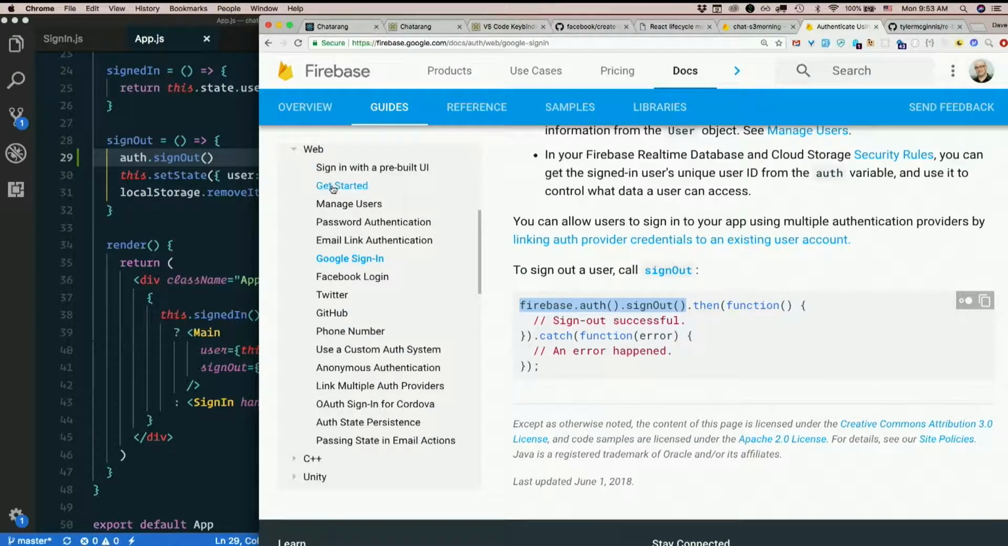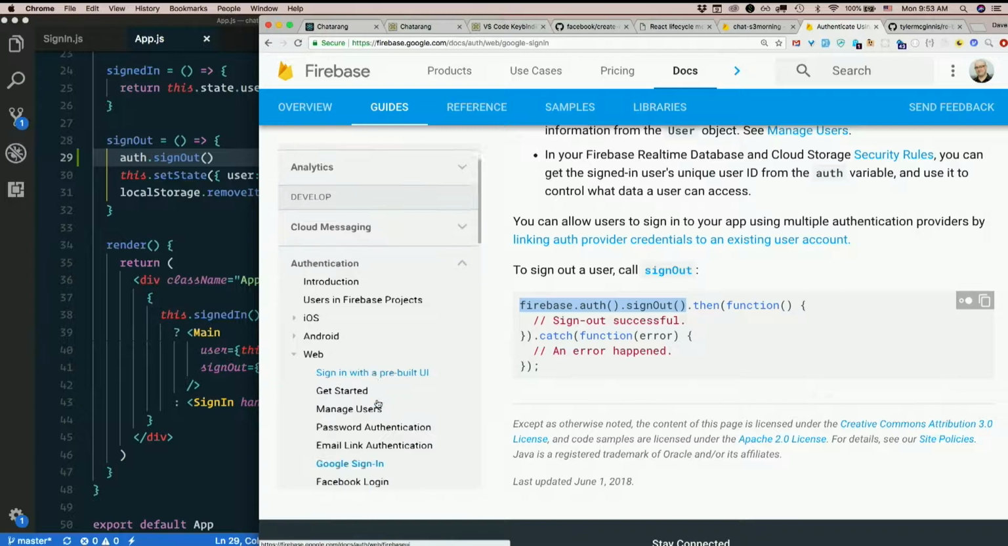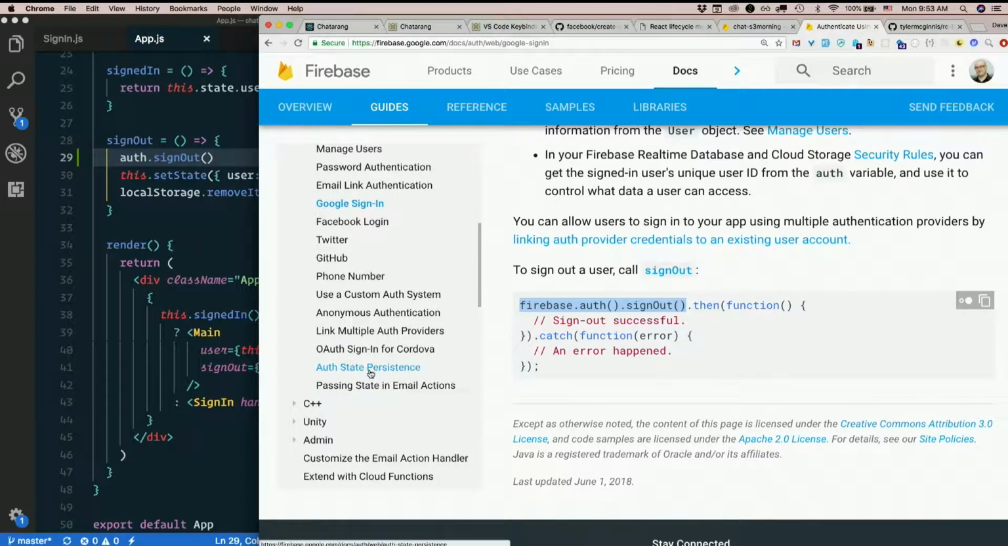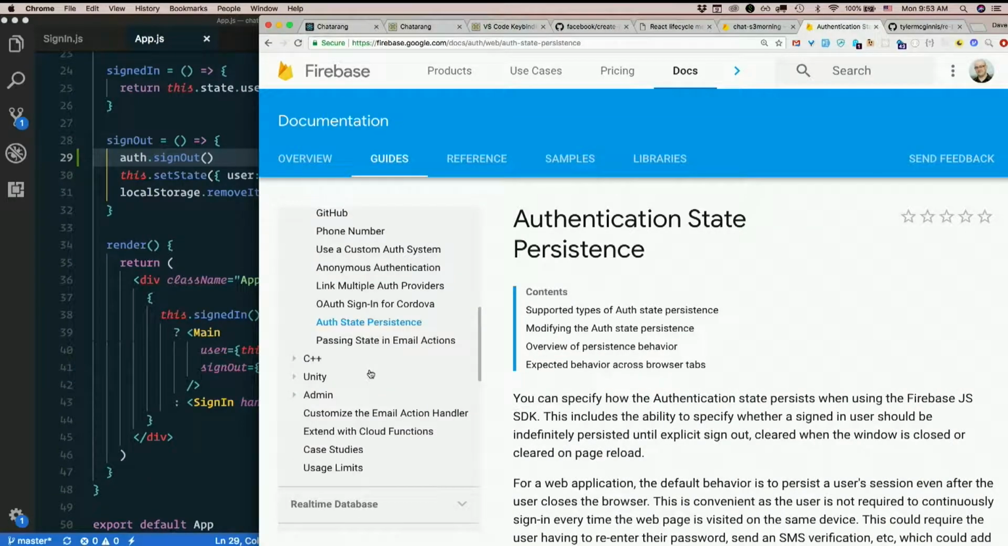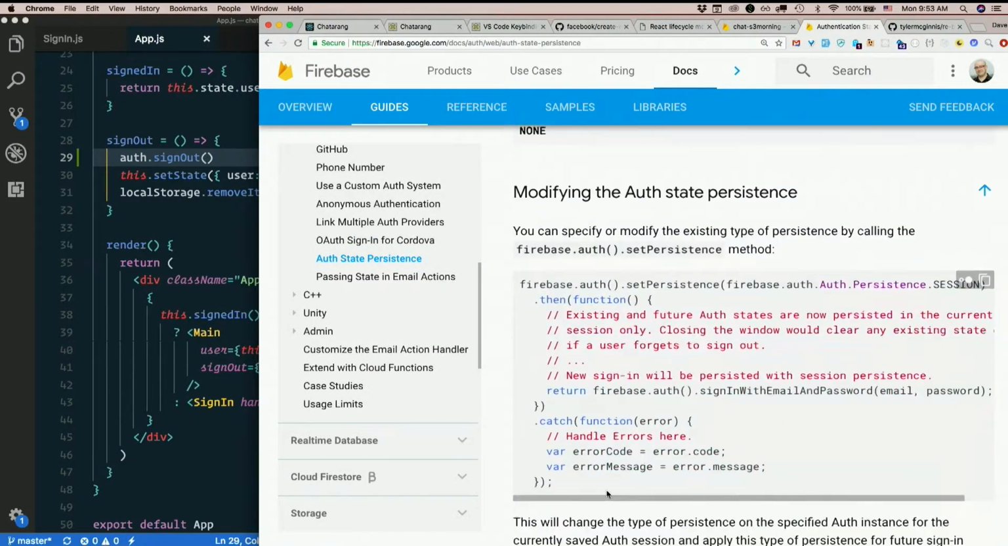Looking in the docs here along the side, this is all in the authentication section on Firebase's docs. Scroll down far enough, you'll see auth state persistence. So that's what we're doing with local storage. We're persisting the state of our authentication across page reloads. So we can refresh the page and we stay signed in because we put it there. One way to do this, though,